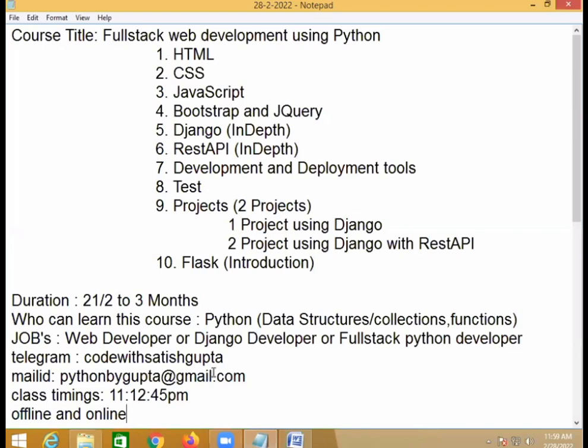Because every technology has its own web frameworks. Like .NET is having ASP.NET. Okay, when it comes to Java, you have Spring Boot,